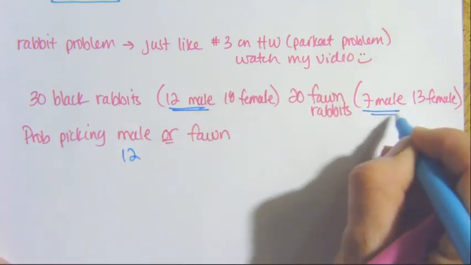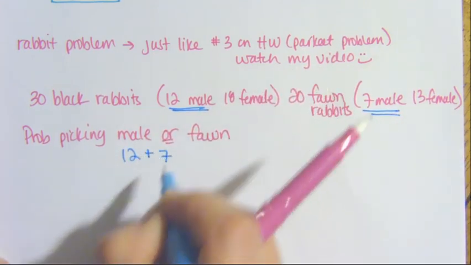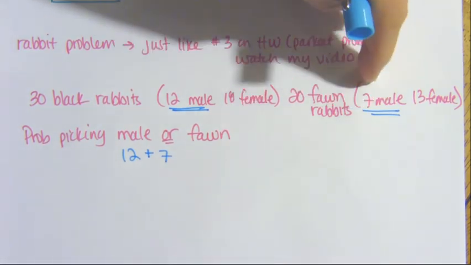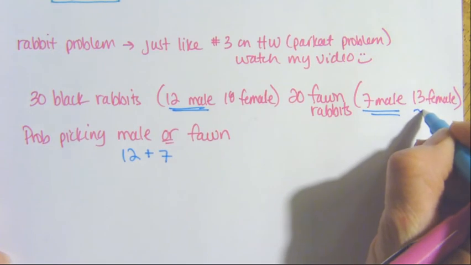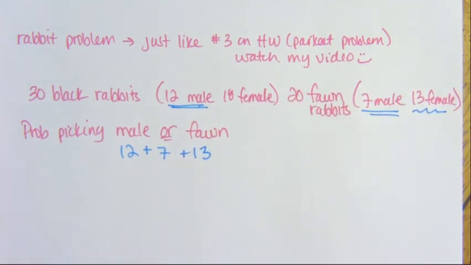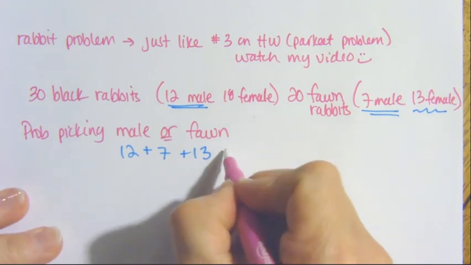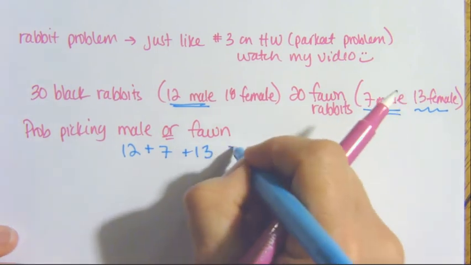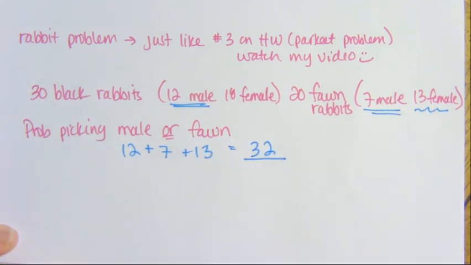I also have 7 males, or I want fawn colored ones. Now, I've already included these 7, so you don't want to count those again. So I just need to add in the extra 13 fawn colored females. So if I add these up, I've got 20, 32,